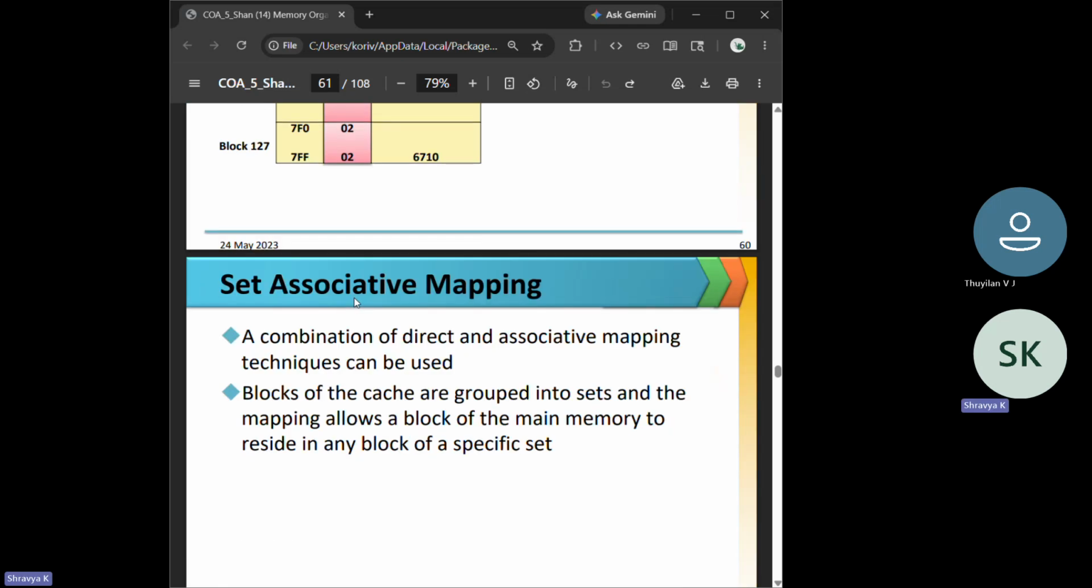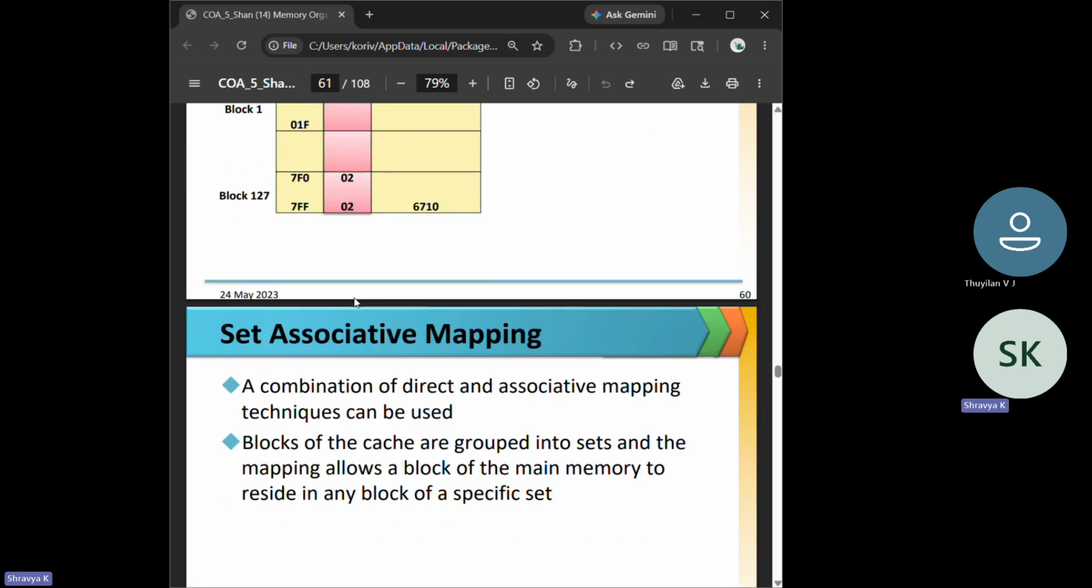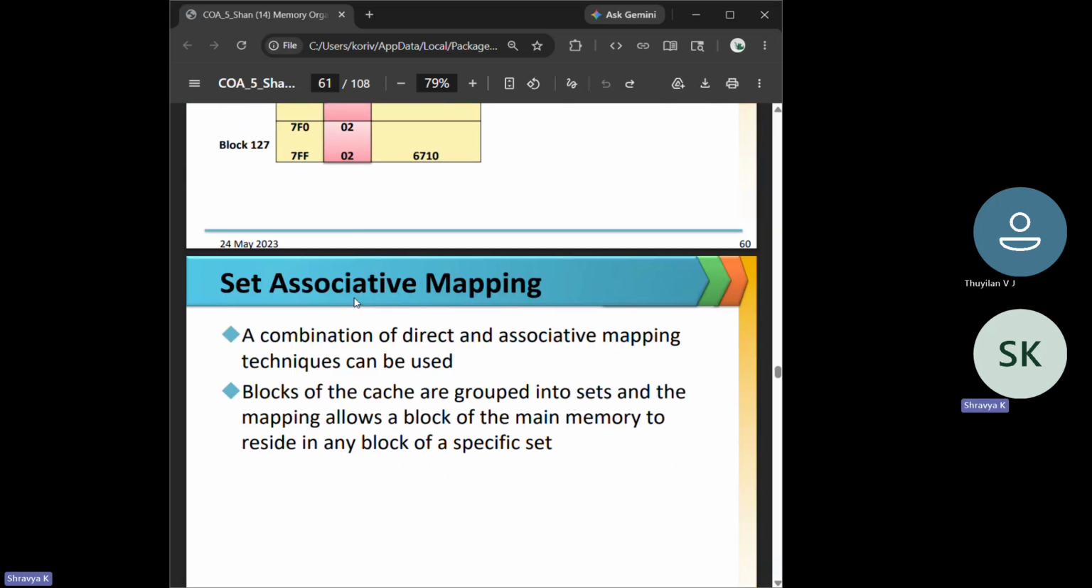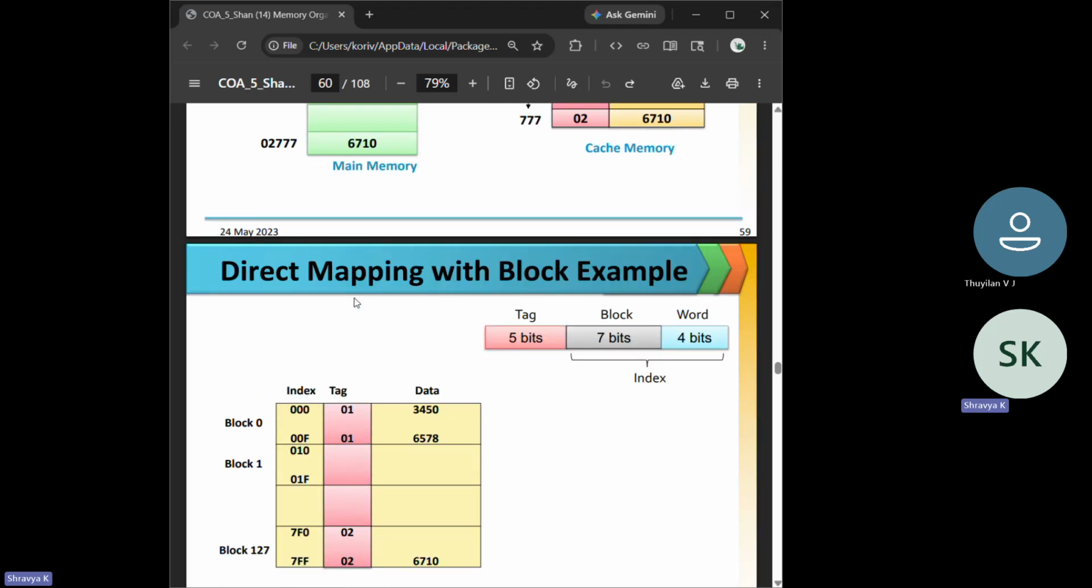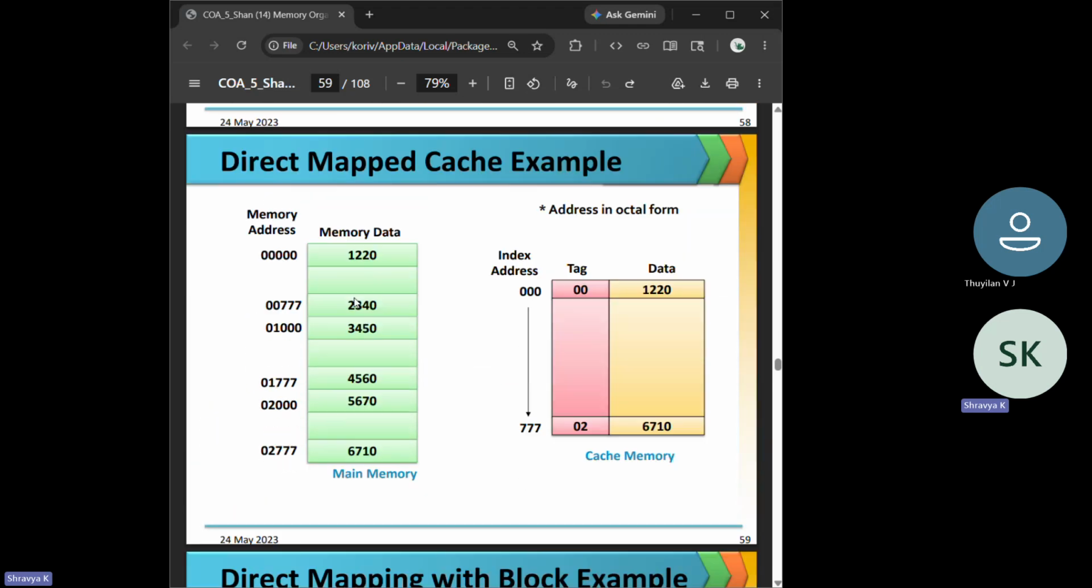And that is about direct mapping. So we've so far covered direct mapping, and we've seen associative mapping. So if you can think of what kind of problems you would face in direct mapping, the first thing